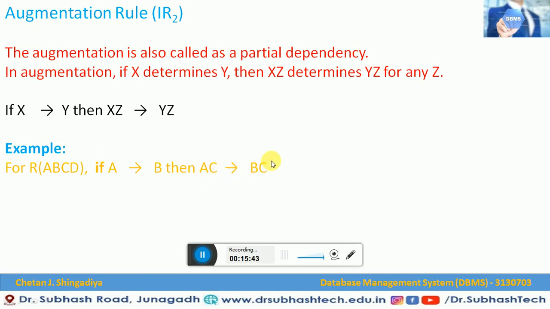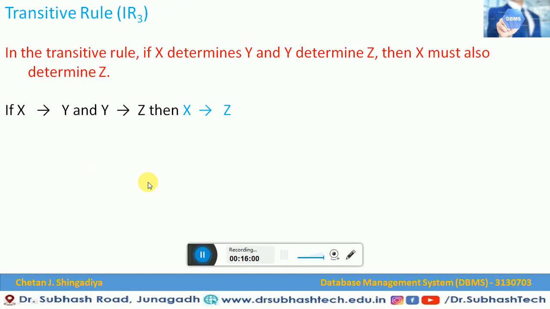Now let us understand what is multi-value dependency. The multi-value dependency occurs in a situation where there are multiple independent attributes in a single table. Let me explain once again what is multi-value dependency. The multi-value dependency occurs in a situation where there are